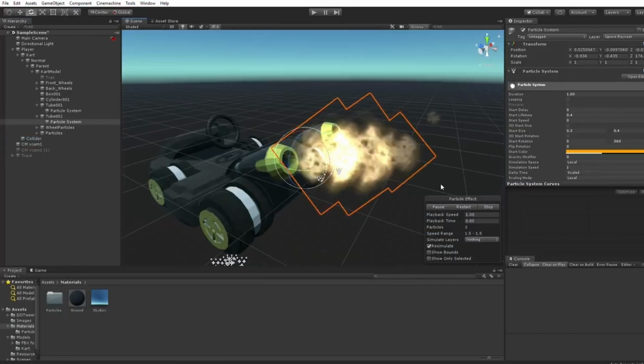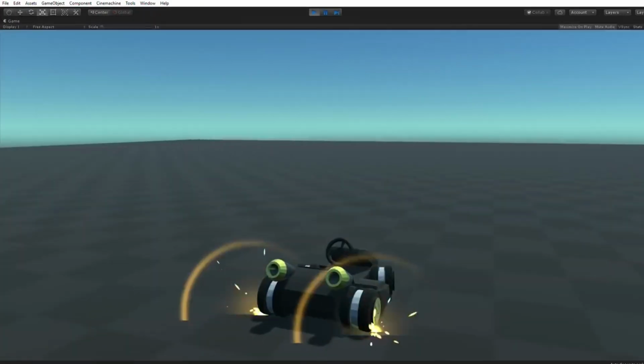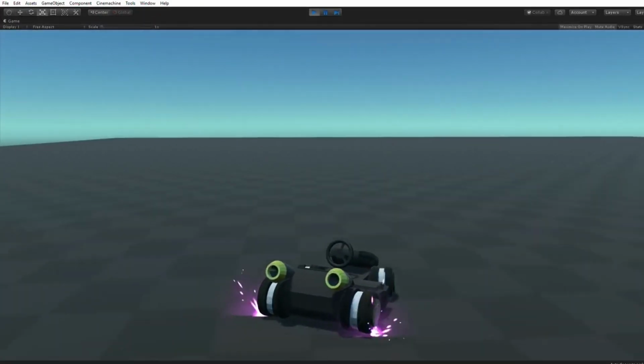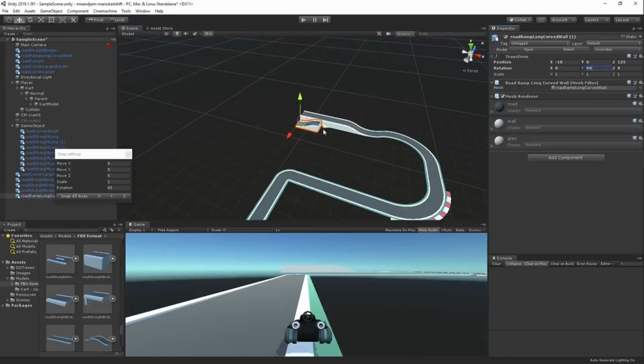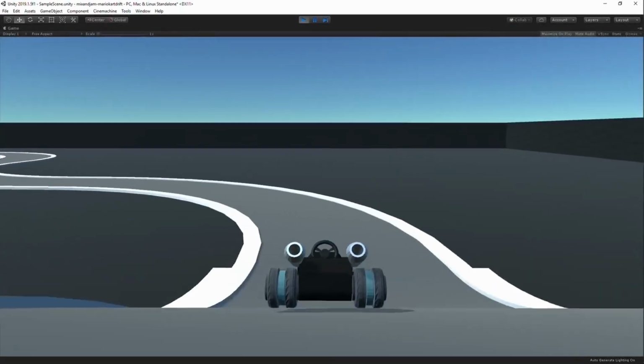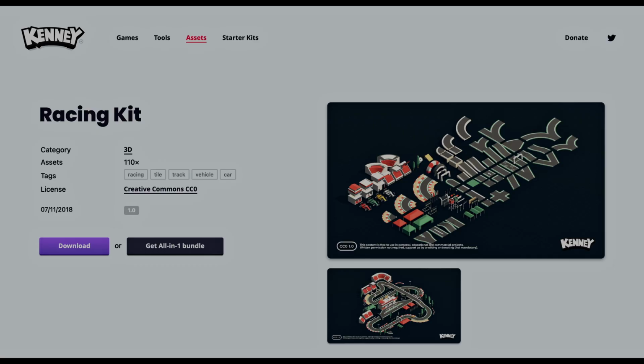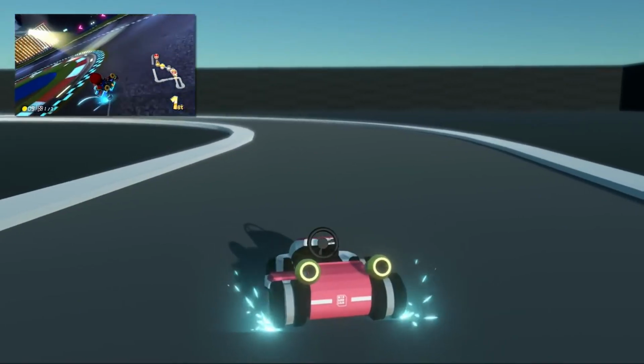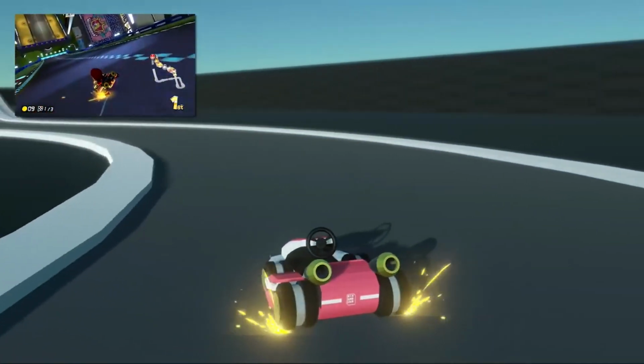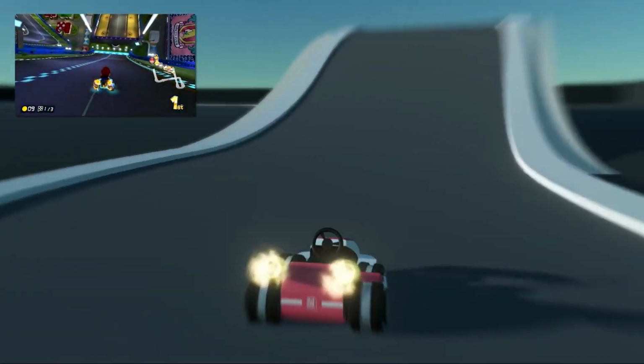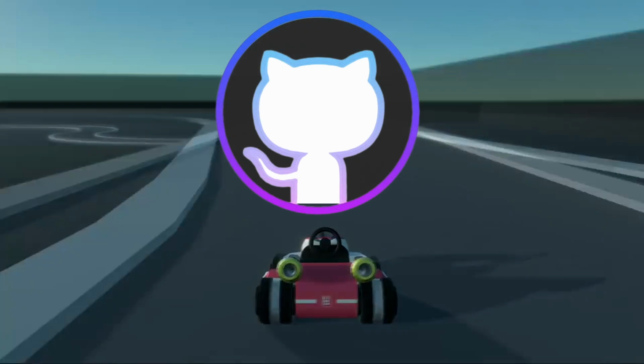Also, one can further enhance the look of the object animation by adding the burning exhaust to the car nozzles. Again, in order to speed up the development, any online pre-built racing kit can be used, which comes with pre-built racing tracks. Furthermore, if you want to have a look and add to this existing project, kindly refer to the description box where I have provided the GitHub link for this repo.